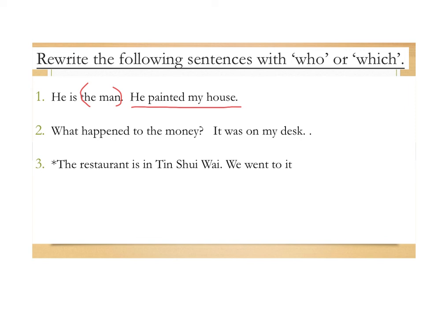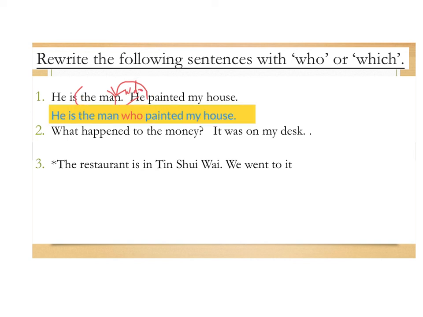So, you have to rewrite the sentence by putting this part behind the man. And then, because it is a human being, you change it to who. He is the man who painted my house. 佢就係嗰個油我間屋嗰個男人啦。